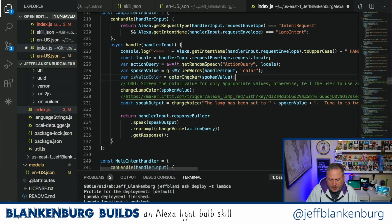So, Greg, we're building a thing where I have a light behind me. You can see the blue light. I'm working on an Alexa skill that will allow the audience to change it just by asking for it. So they can say things like, Alexa, tell Jeff Blankenburg to set the light to